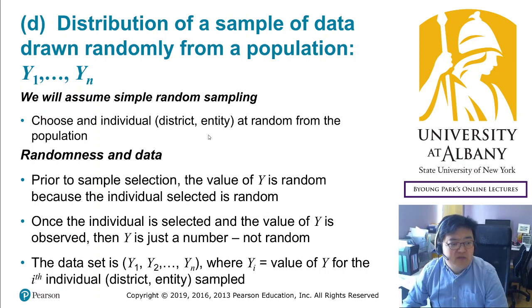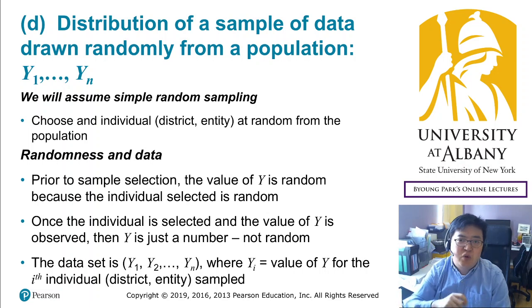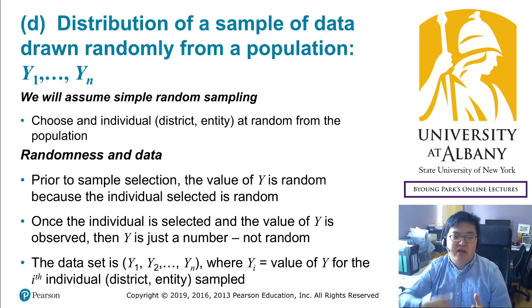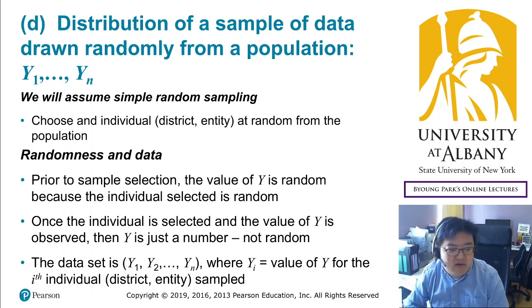So then the selection is random, and because the selection is random, the observations, the random variables, are random. Because if you chose a different person, then you would observe different outcomes. So redoing an experiment will yield different outcomes. That's basically what we define as randomness.